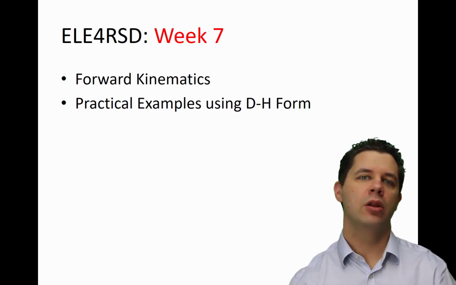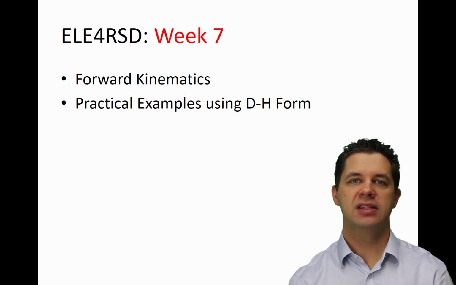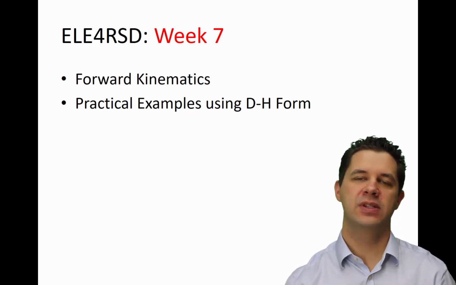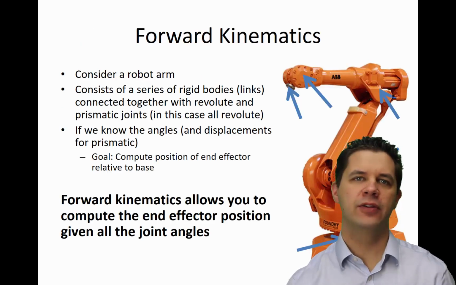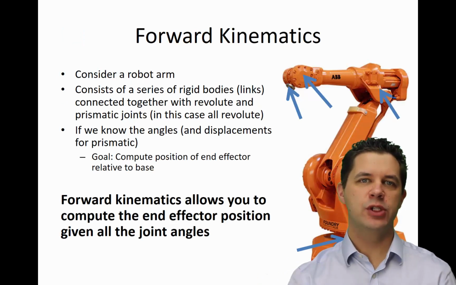This week we'll be looking at a whole lot more forward kinematics examples and practical examples where we're putting these in a Denavit-Hartenberg form and solving them and working out what the end effector position is in reference to the base frame. By way of revision, remember in forward kinematics we've got a series of rigid bodies